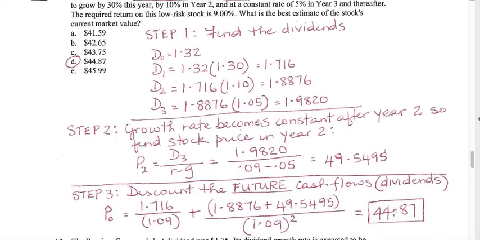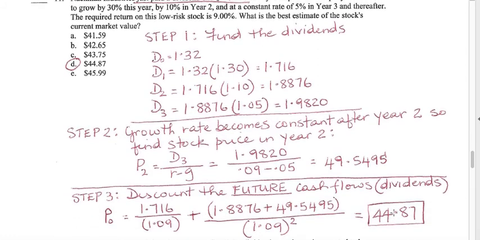You discount the future cash flows back to the present to get the price of the stock today. Always the future cash flows. And the reason I say that, remember that $1.32 has already been paid. You cannot discount that $1.32. So you're discounting the future cash flows 1.716 in year 1 over 1 plus R, 1.09, plus your dividend